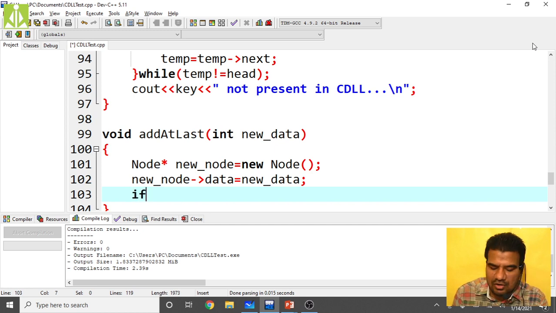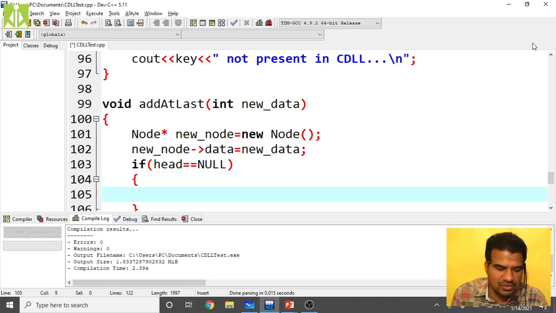Then check if at all your head node is empty or what. If at all head equals null, add that node as the first node, isn't it?